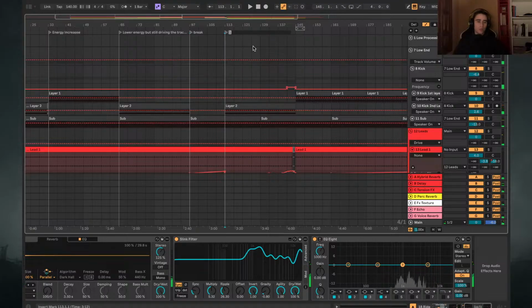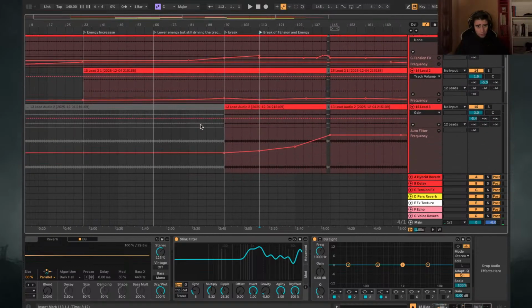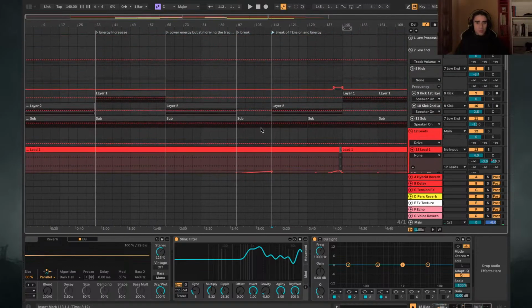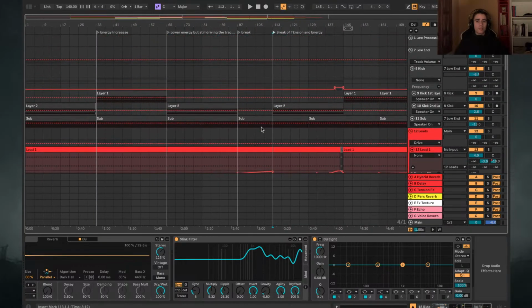As you can see here, we have a part of that voice sample, and we have a little bit of a break of tension and energy. This just gives some movement and makes your track not be flat. That's one mistake I see most of my students make when they make a track, is they make their energy